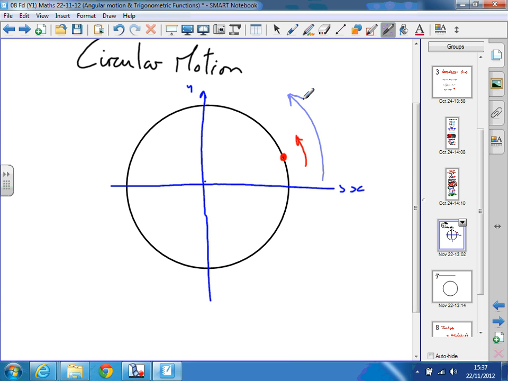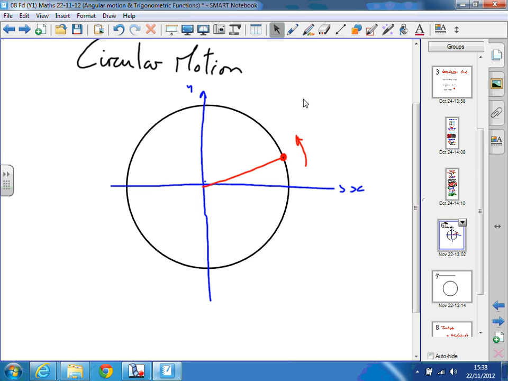You can also consider it as being a rotating phasor or vector. And so when you talk about AC theory and things like that, we often talk about some vector line. So that's what this red line represents, rotating round anti-clockwise. And we're considering a point at the tip of this thing as it goes round the circle, so the end of the vector line. And what we want to do is consider